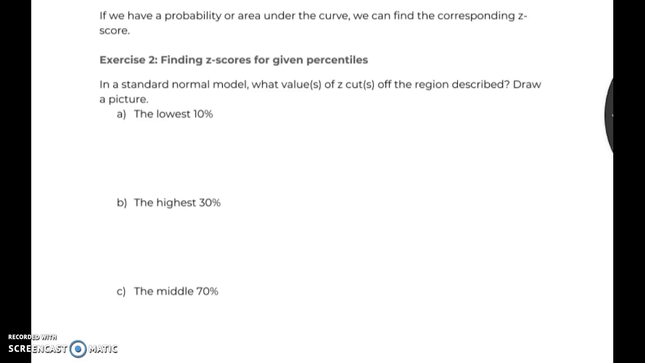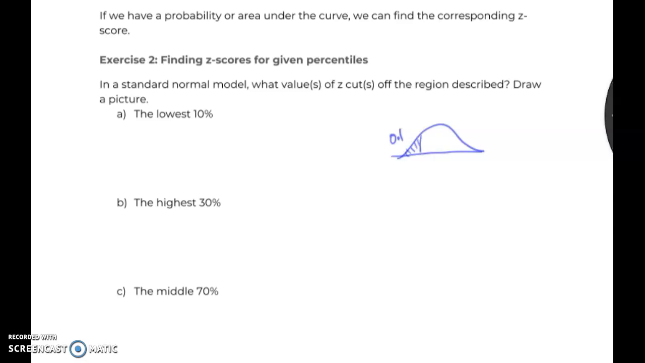The first one is asking us to find the z-score associated with the lowest 10%. Whenever you have a normal distribution and you're answering a question like this, you should draw your curve. You should write down what you're looking for. So we're looking for the bottom 10%, and the 10% is really an area under the curve. The lowest 10% is an area to the left of some value, and the area under that curve is